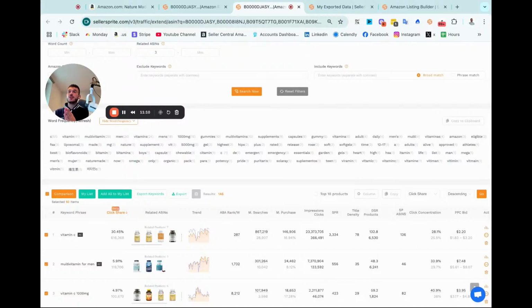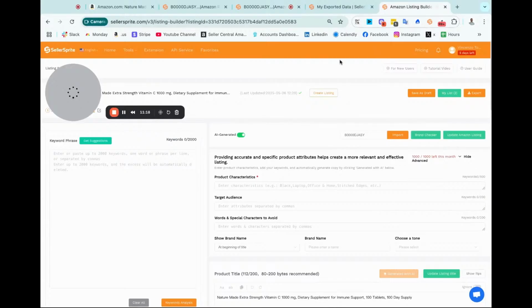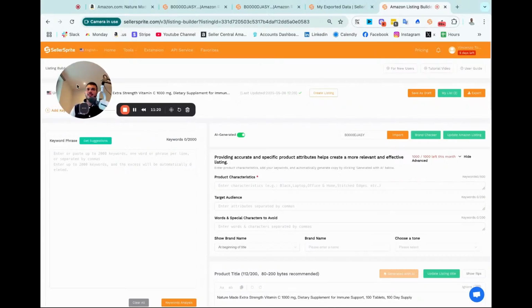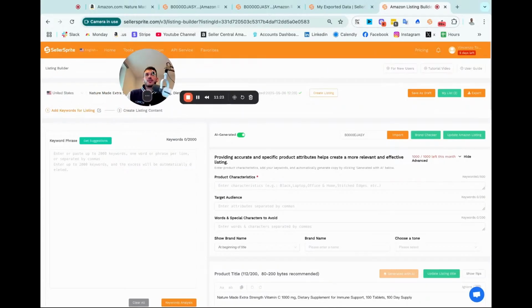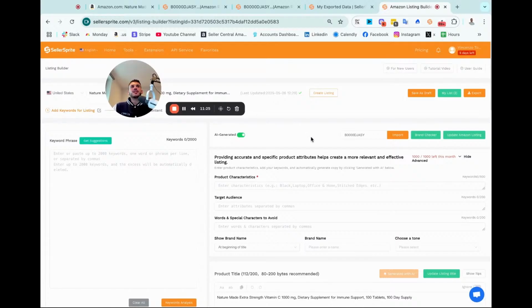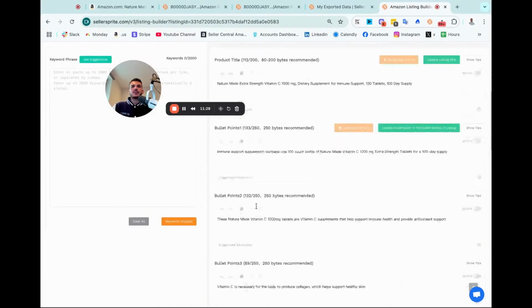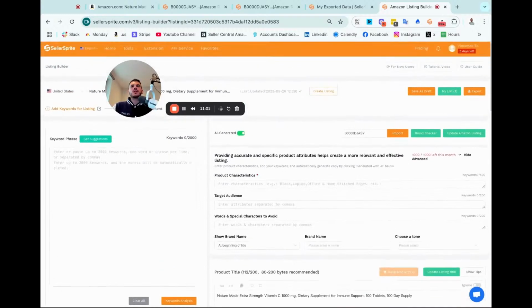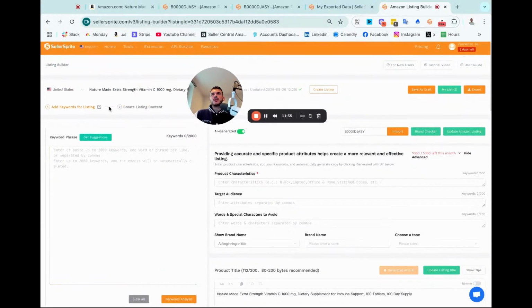Now we have to proceed to optimize the listing and start writing the copy. So now once we have the list done, we're going to move into the listing builder. Now, the nice thing about the listing builder is that you can export the listing from Amazon, right? So in this case, I already have the ASIN of the vitamin C, and I have already exported the title, bullet points, and description. Now, of course, I need to bring the keywords, right? And that's where we're going to go